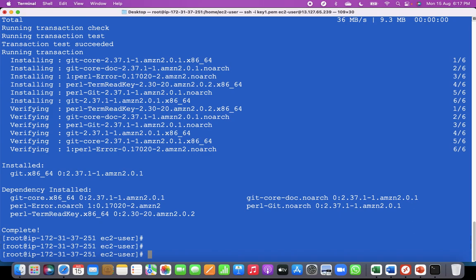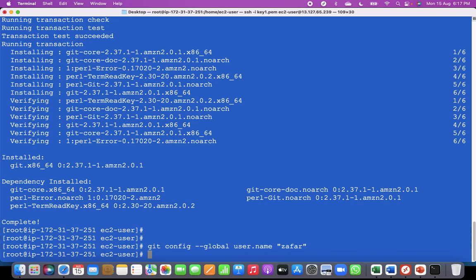So let's see how we will do that. git config --global user.name and put the username in double quotes. You can put any name. Okay, let's put Zafar. So the username is now created,